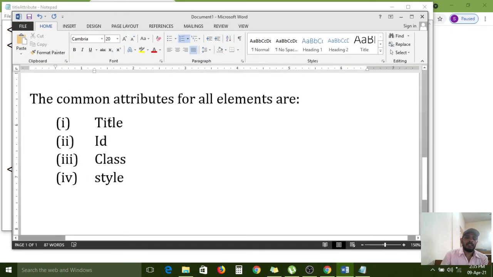Now you can understand the title attribute and style attribute, and the remaining id and class attributes are different. These two are mainly used in CSS, cascading style sheets. In the next unit, these two are very useful. So at that time, while going through that concept, I will explain id and class attributes.